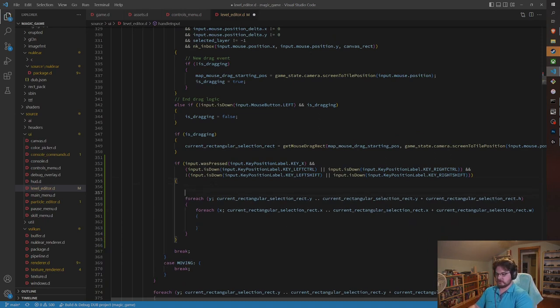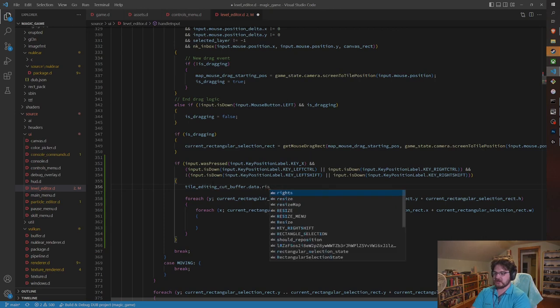Well, actually first, the cut buffer, so we need to resize the data. Inside the map data, there's a dynamic array, just a dynamically growing array that's backed by an allocator, very simple stuff. So first we just need to resize that